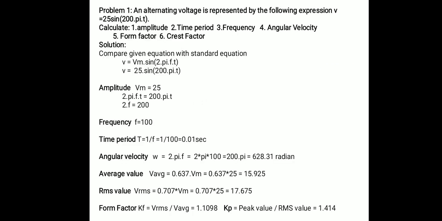So these are some instantaneous voltage formulas. These are some standard formulas. We can use any of these formulas in the next ECN lectures. All these formulas are the instantaneous voltage formulas. V is equal to Vm sine of theta, V is equal to Vm sine of 2 pi f t, or at last V is equal to Vm cos of 2 pi f t minus theta. These are the 8 possible formulas for the instantaneous voltage. Similarly, these are the 8 possible formulas for the instantaneous current.